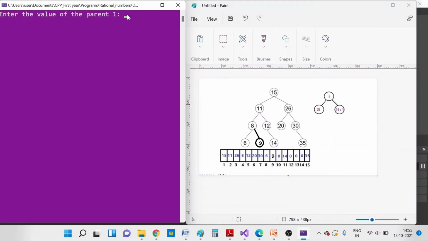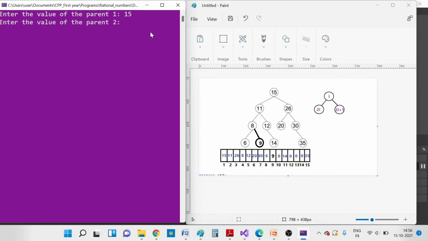The program has started executing, and I am going to type the input, and this is my reference binary tree. So as of now it is just in the form of binary tree. So when the program gets executed, first this will be represented in a linked list. After that the linked list will be converted into a threaded binary tree, and finally it will carry out the traversal. So I am typing the values. So for parent 1 the value is 15. I am just entering the values as per the array. So the array is represented for the given tree, so I am simply following the values of the array.